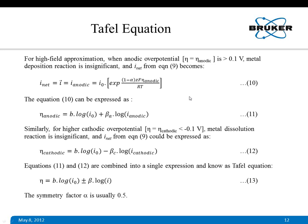Now, this Butler-Volmer equation can be actually simplified by approximation at high field conditions where your eta is really high, more than 0.1 volt. In that situation, this I net will be dominated only by the metal dissolution, and the metal deposition reaction will be very minimal. In this condition, this polarization at the anode can be approximated with the equation eta equals beta A log I over I0, where beta A is a constant known as the anodic Tafel constant. And on the other hand, when you do cathodic polarization, applying negative voltage on the metal electrode, that is the working electrode,